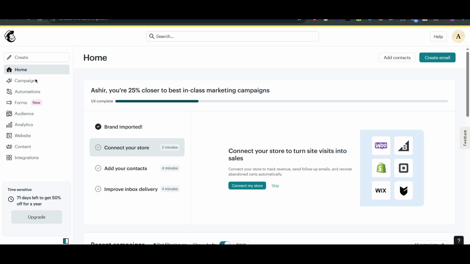Once you're on this dashboard, you will see a bunch of tabs on the left-hand side. For example, the home, the create button, the campaigns, automations, forms, then comes the audience, analytics, website, content, integrations. Everything comes with their own perks and features. For example, for the home option, you will be staying on this page. You can add contacts, create an email from here, but if you want to dig deeper, then you will have